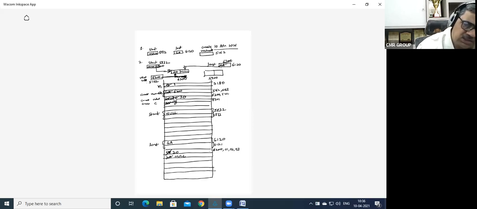For example, this is the place where it got created, 5900 and 5901, 02 and 03. This complete block got created. Okay, this is the second node which got created. Now 5900 is the base address. Where is this base address going to be stored?